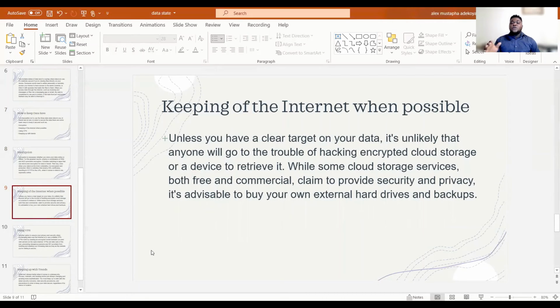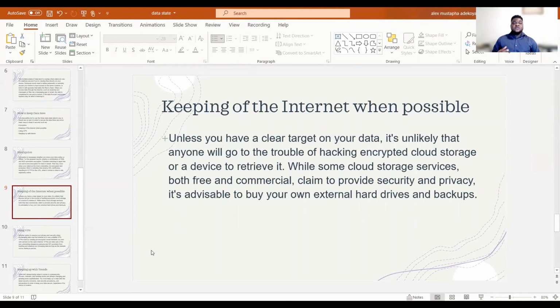Second one, keeping off the internet when possible. Unless you have a clear target on your data, it is unlikely that anyone will go to the trouble of hacking encrypted cloud storage or a device to retrieve it. While some cloud storage services, both free and commercial, claim to provide security and privacy, it is advisable to buy your own external hard drives and back up your data. Meaning, if you have very sensitive and personal data, it is better to keep it on your hard drive or flash drive or burn it on a disk